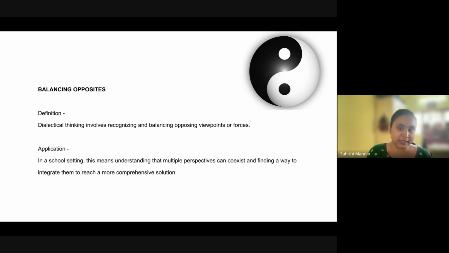In terms of normal clients, what this means is that it helps us understand where that emotion is coming from and why a specific point is so triggering. Now, by using DBT, by the principle of balancing opposites, we can help the client understand and manage the trigger reaction, and also provide support to solve the main core issue. Okay. This is one core principle of DBT.